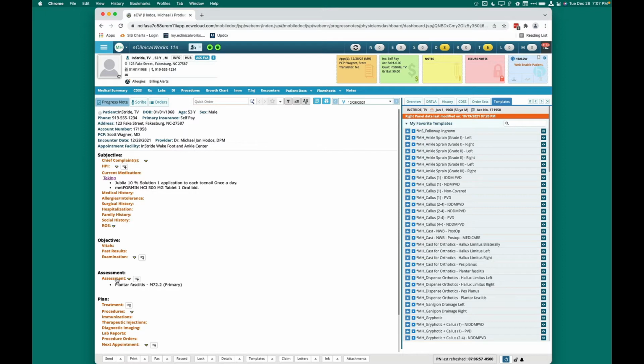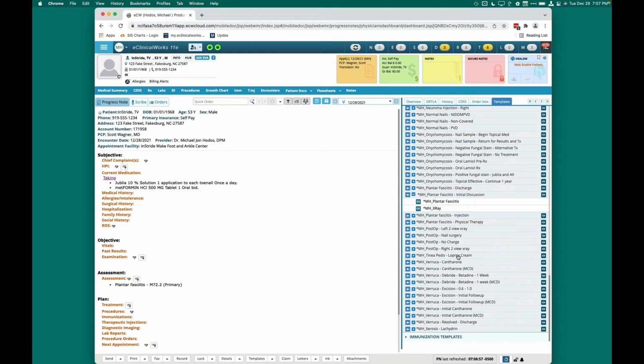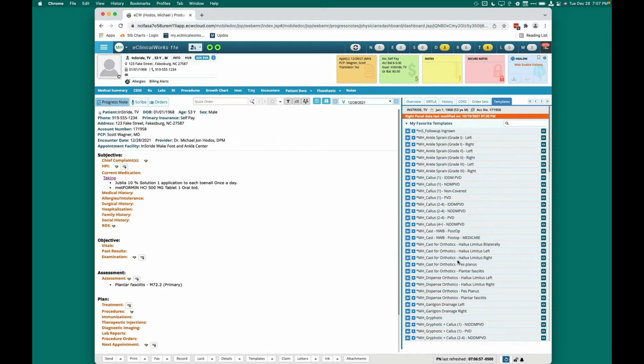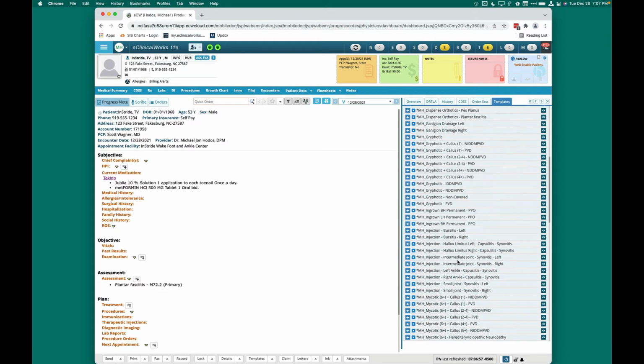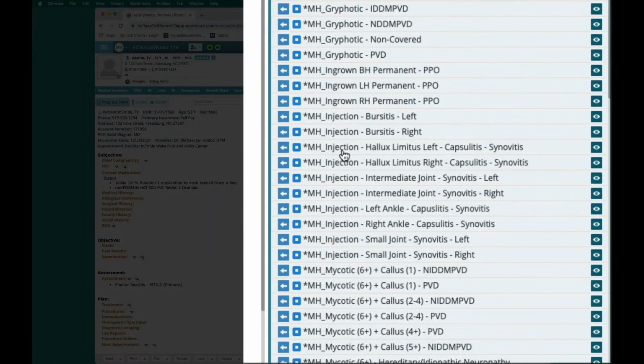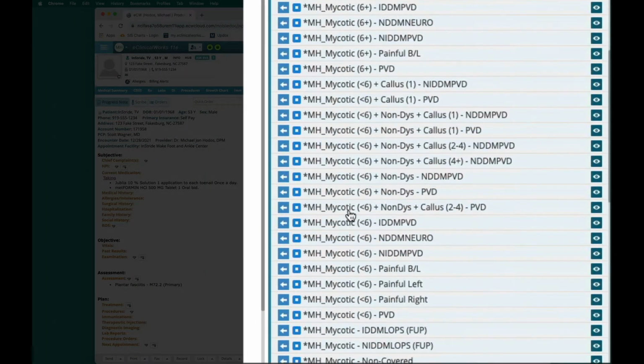So let me ask you this with your templates. I see yours to the right. Is there any way to change the order? No, they're in alphabetical order. So yes, you have to change the way you name them. That's why I worked very hard to try to name them in a consistent way, so to keep things